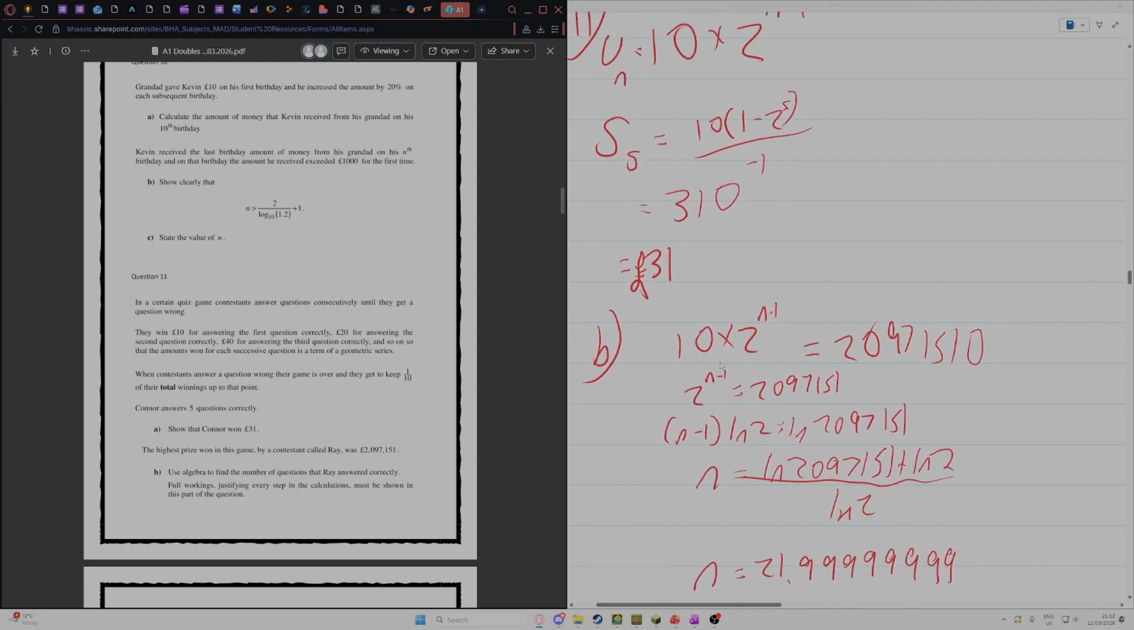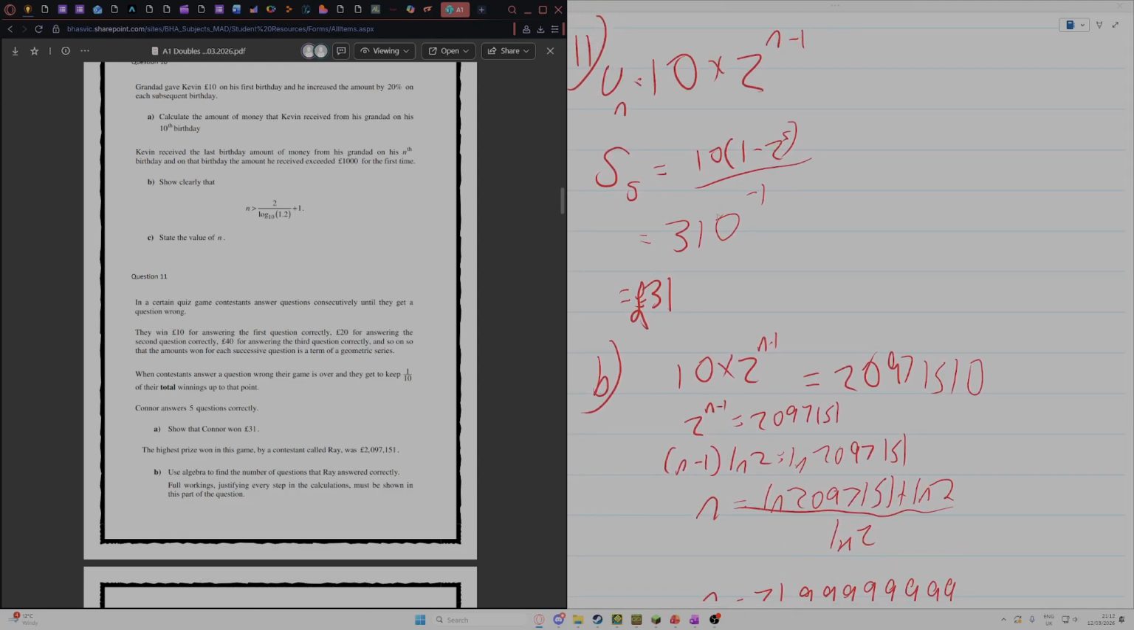Question 11, there's a lot of series questions here. So again, find UN, find S5, and then divide it by 10, because it says they get to keep 1/10. Part B, you have to set